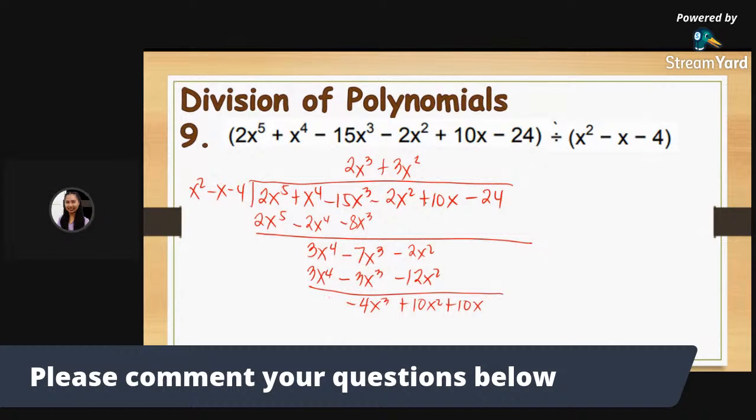Okay, continuing, we get negative 4x. So negative 4x cubed plus 4x squared plus 16x. Okay, subtracting them, we get 6x squared, sorry, that's minus 6x